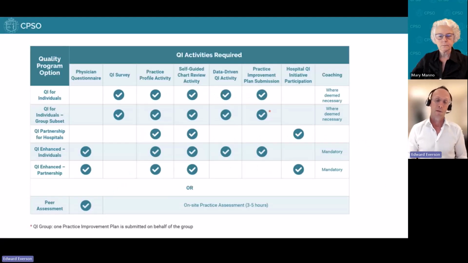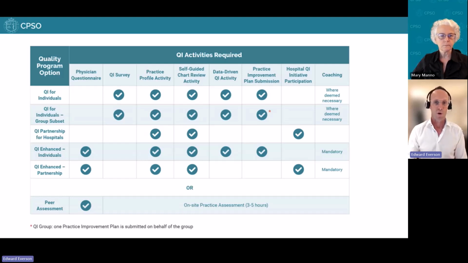This slide outlines the requirements within our quality program streams. So in addition to participating in a QI initiative or developing a quality improvement goal for your practice, there are other requirements to the program and other activities. Now, some of them are common to all of our QI program streams. So one is called practice profile, another is called self-guided chart review.